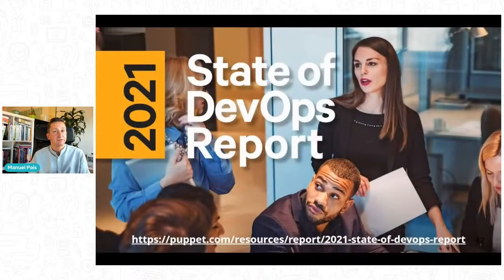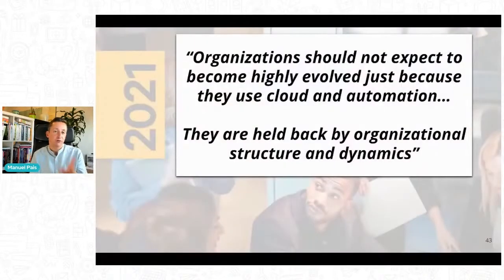But then it's still not enough, unfortunately. And we now have, thanks to the State of DevOps report from 2021, even more research, more data on what helps organizations become more highly evolved and become more agile, essentially being agile, not just doing agile. And one of the key results and observations that they found through analyzing data from thousands of organizations this year is that, yes, we need the technical practices, we need cloud, and we need automation,